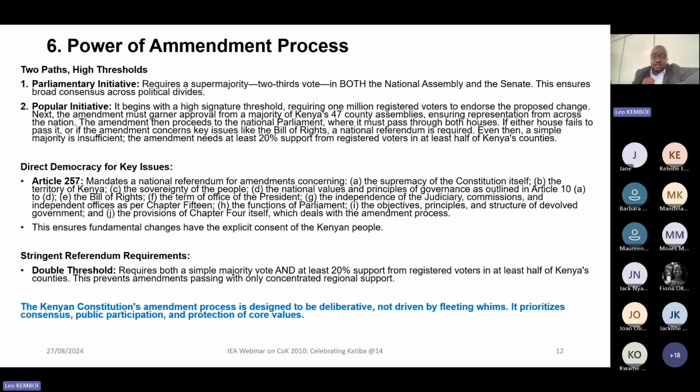And for each, it actually required a national referendum for specific issues, including the term limits for the term of the office of the president, independence of the judiciary, national values, territory of Kenya, sovereignty of the people, all these other things, and devolved government, things that the drafters and the people of Kenya felt could be subject to abuse. You all remember in the Independence Constitution, the first thing